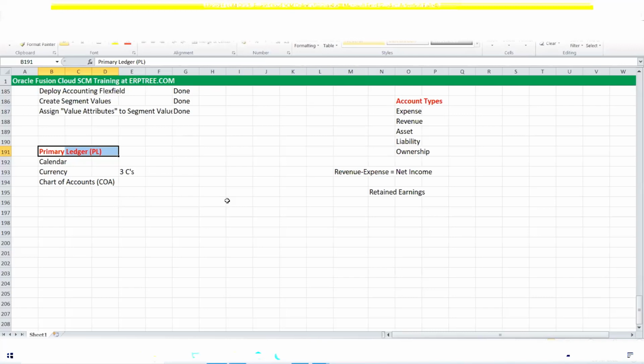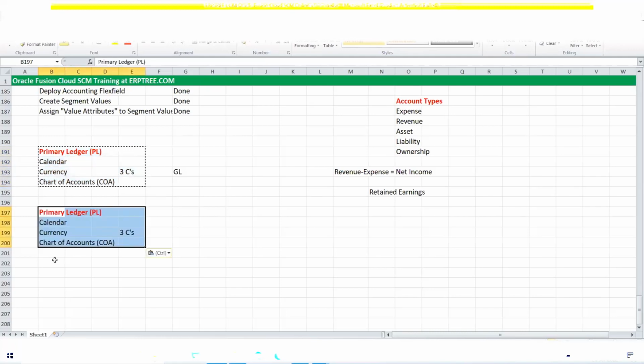Those points we discussed. Now, if you create the primary ledger with three C's, you can use this primary ledger only in the application called GL, the general ledger application. But along with the general ledger, we use many subledger applications. If you want to use this primary ledger in subledger applications also, along with these three C's, you have to add one more component to our primary ledger, that is